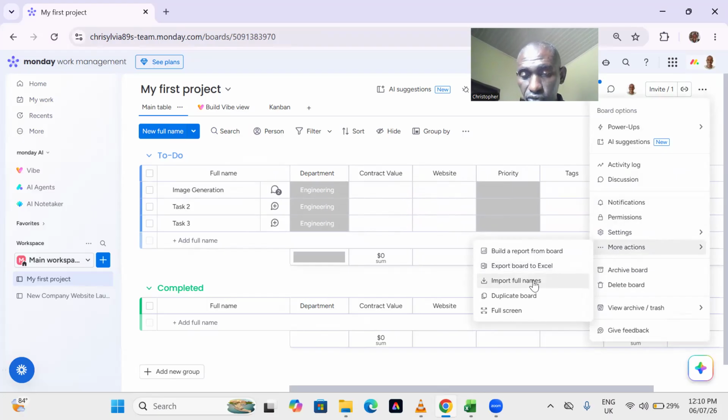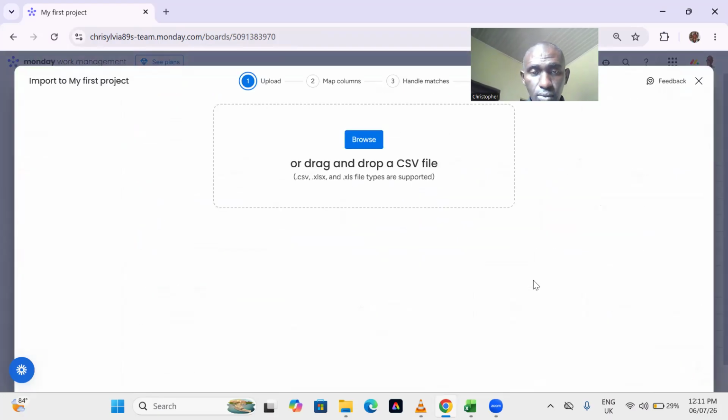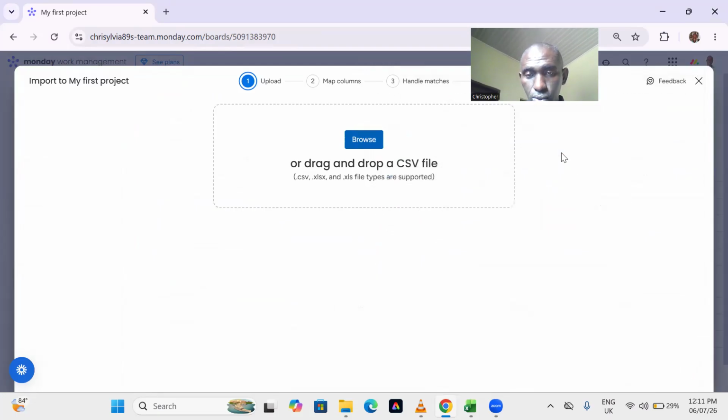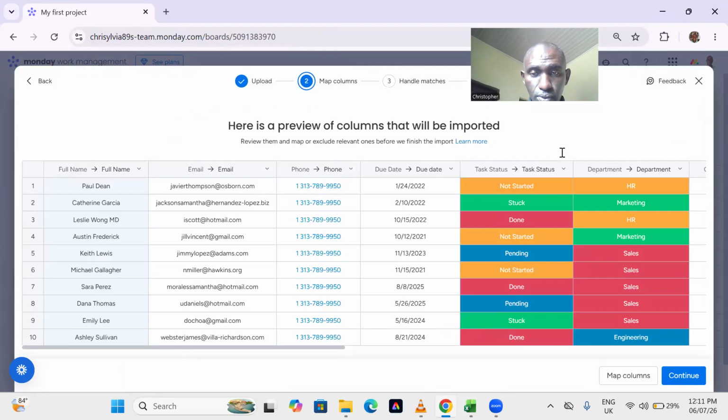Then you click import full names. Import full names, you click browse, you pick the file, then this is another place that you need to pay attention to. You have to watch,